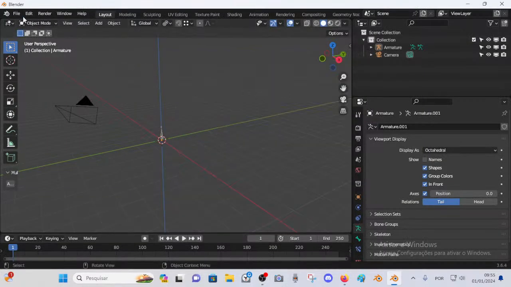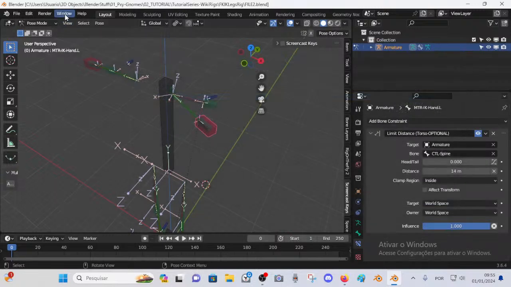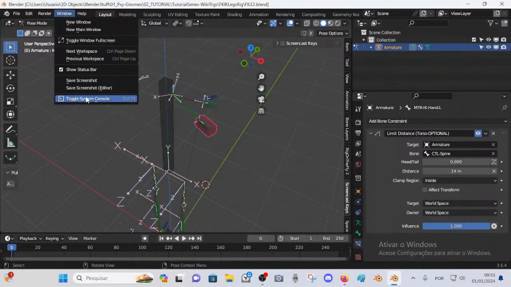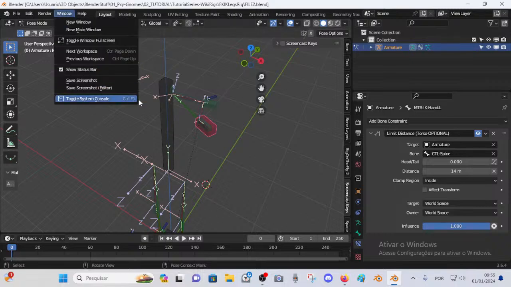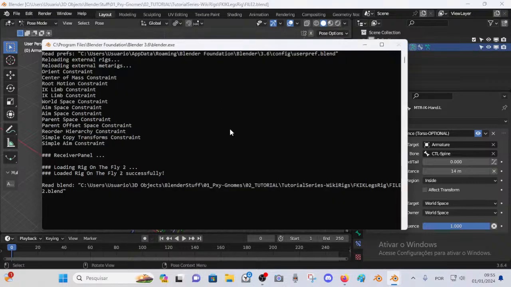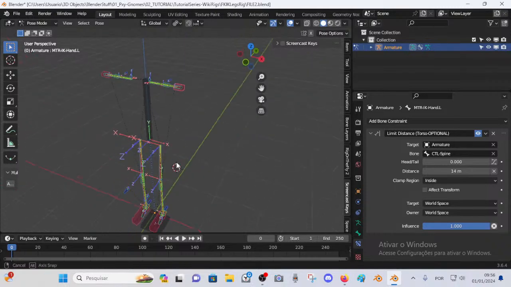I will also show, again, hold on, I'm going to reopen, and we'll open the file and see the window console. I never know the name of this thing. Window, toggle system console, okay. So Control F1 for me, and there we go. No redundancy loop, no dependency cycle, right? Which is also called a dependency loop. And so this, for these big contraptions here,